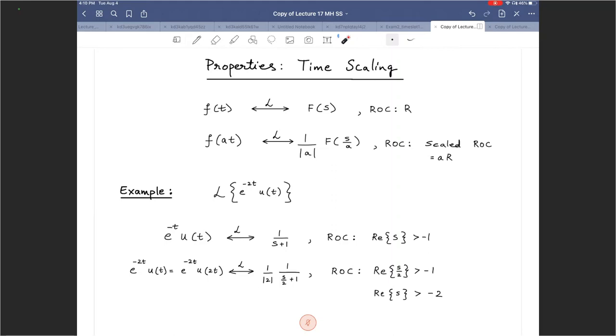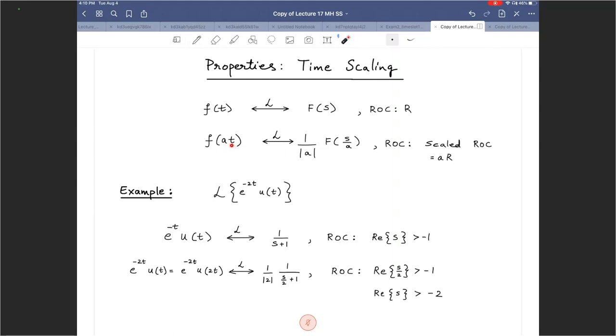Let's take a look at the time scaling property. So what happens if you do a compression or an expansion in the time domain? Again, we start off with the given time domain signal f of t, whose Laplace transform is defined as cap F of s and a region of convergence defined as cap R. And then if we scale the signal in time domain by factor a, so if we have f of at,